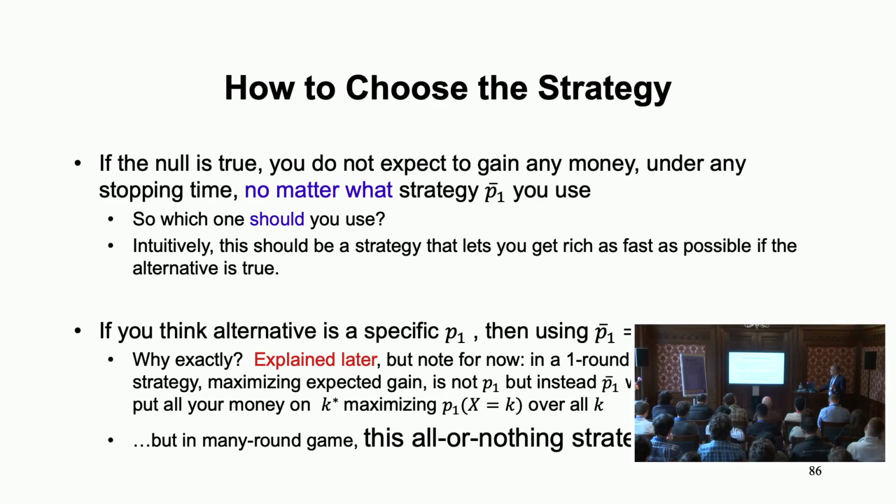So now, how to choose a strategy? Well, as I said, for now, let's assume a simple alternative. If you think the alternative is that red has probability 3/4, then you should actually put 3/4 of your money on red at every round. That's kind of the cleverest thing to do in some sense. Why would that be? If you're a decision theorist, you might protest and say, hey, that's not true. My expected gain is the largest if I put all money on red, right? If I think red has probability 3/4, I look at my expected payoff, put all money on red, right? That gives you the most expected payoff.